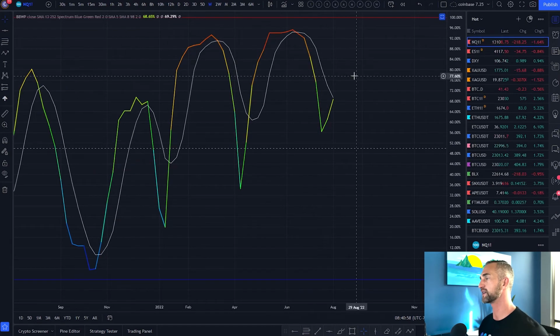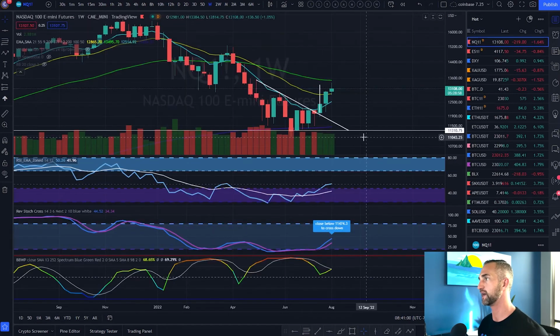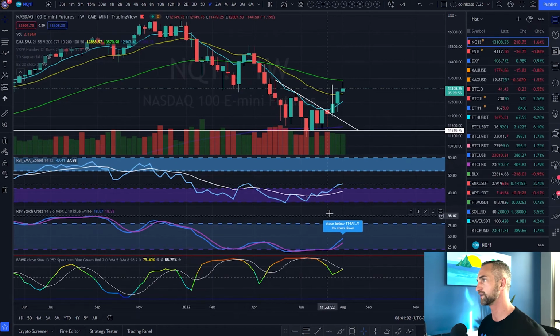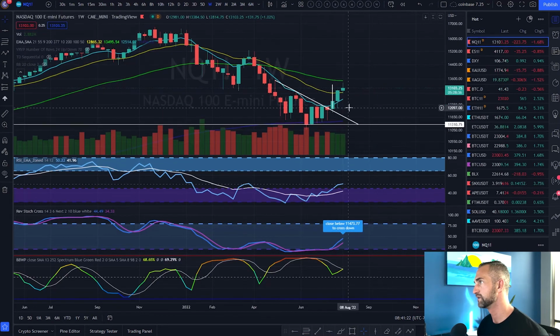So volatility is ticking up, and I'm going to stick with my guns on that. As volatility ticks up, we expect price to go in the direction of the trend. And this is NASDAQ. We're putting in our first higher high. So now we need a higher low. And again, the green 55 is typically a sell on the first pass. So we are testing down a little bit.